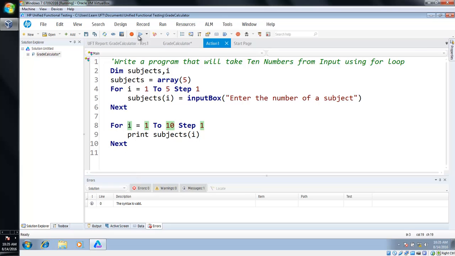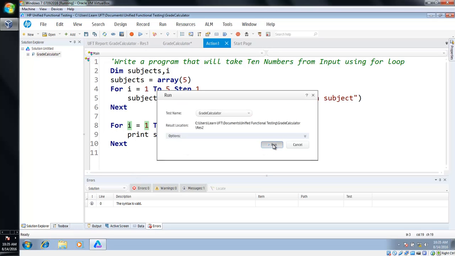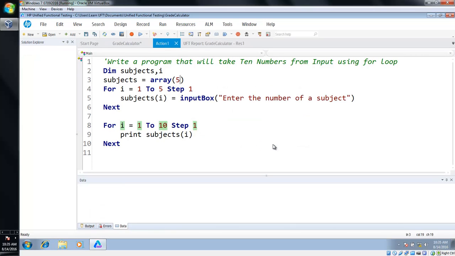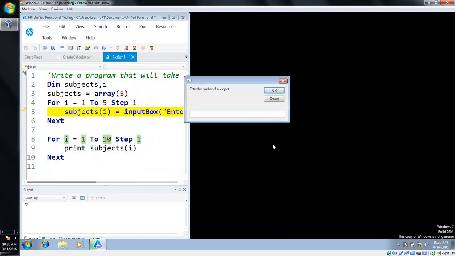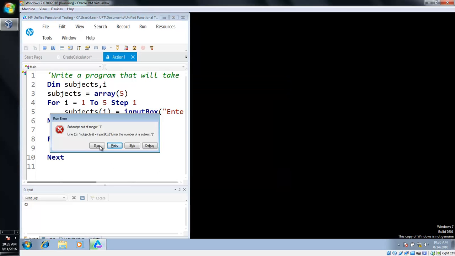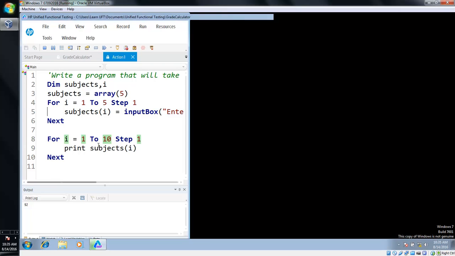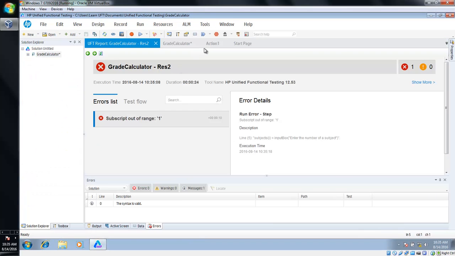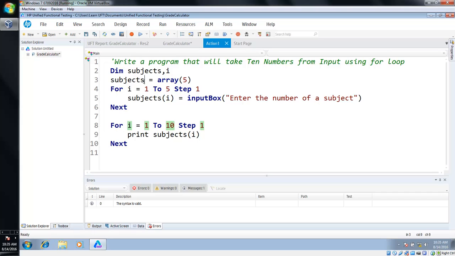I know you will have a question, but before your question, let me quickly run it. So it is asking us for the first number. Let's say we input 40, and then it is saying subject out of range 1. So it is saying that it is out of range. Let me see one thing here, input box. We have declared an array, and subjects I means it will be